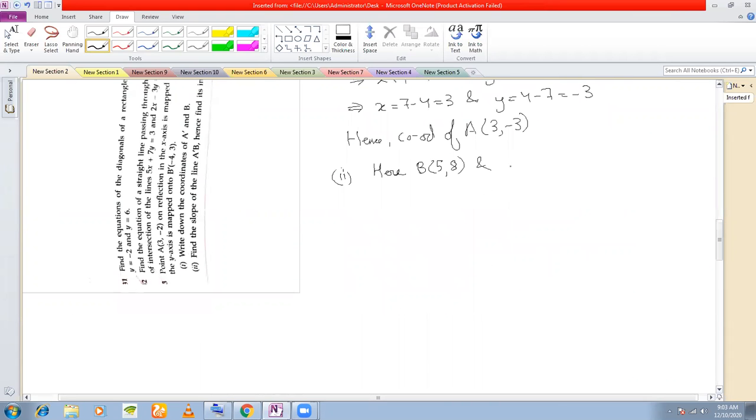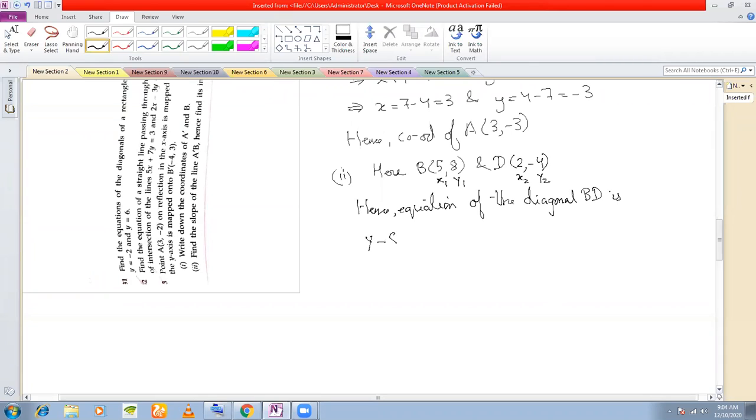Yes, (2, minus 4). Hence equation of diagonal BD is